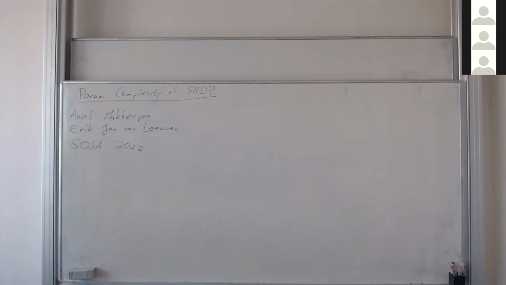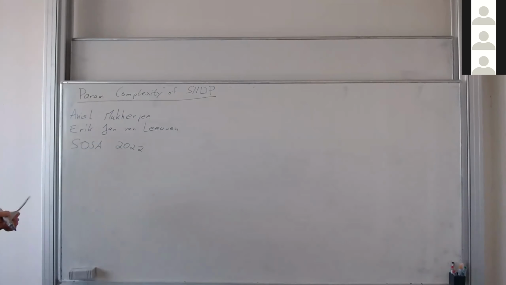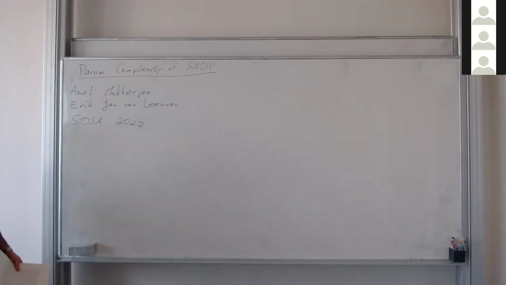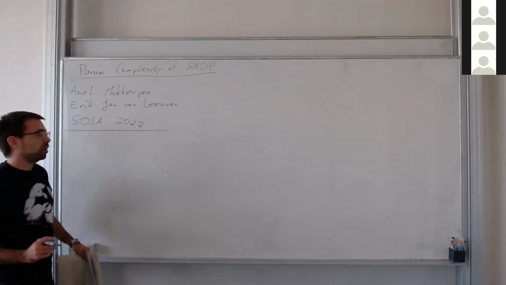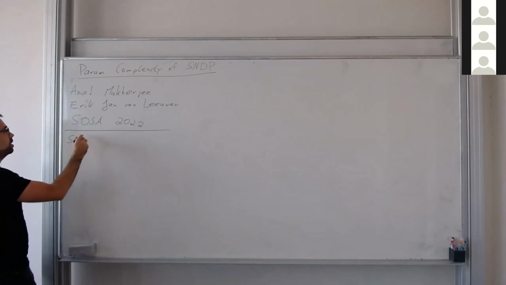So I guess the first thing I should do is introduce the problem. So what is this SNDP problem? If you know what the Steiner tree or Steiner forest problem is, it's a generalization of that. So it has some additional redundancy condition. And okay, so let me be more precise. SNDP,